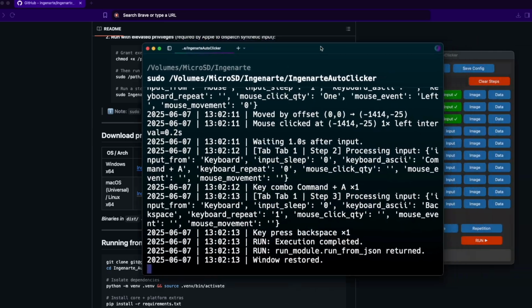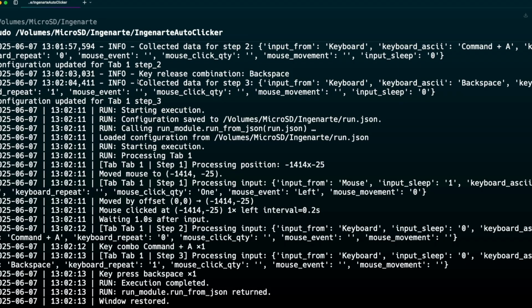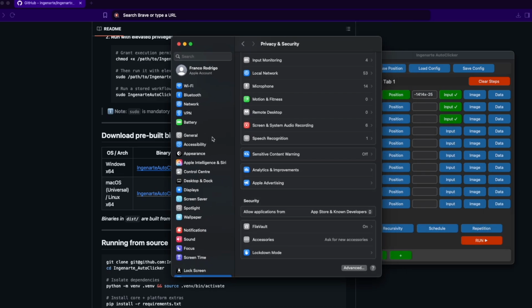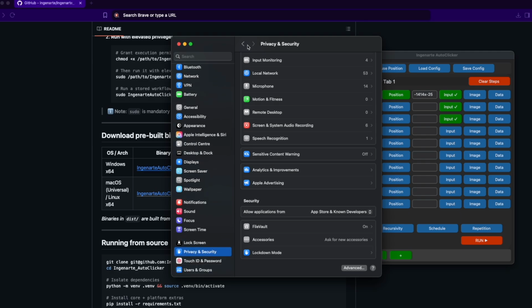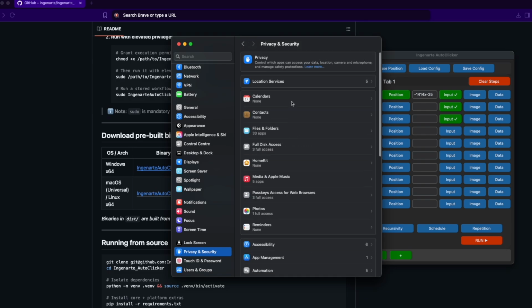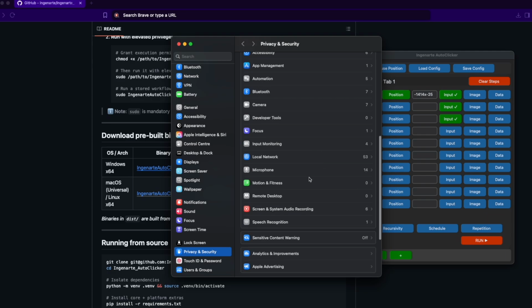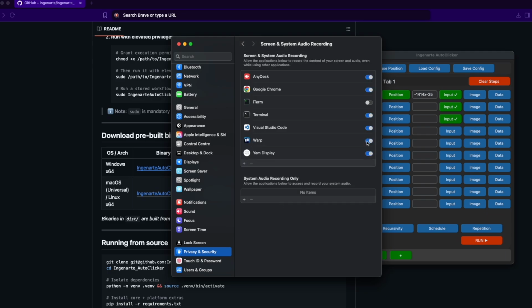Disappear. And now if we see in the terminal, we are going to see all the steps the program has done. What is important now, because we are starting, I want to show you the permissions that the terminal should have, because this program works over the terminal permissions. So in accessibility, we should have Warp on, and in screen monitoring, we should have Warp on,